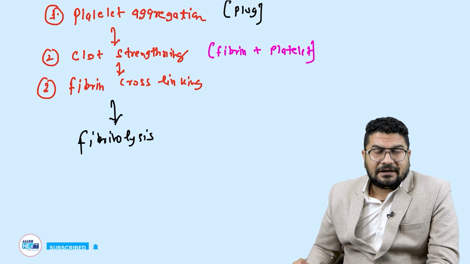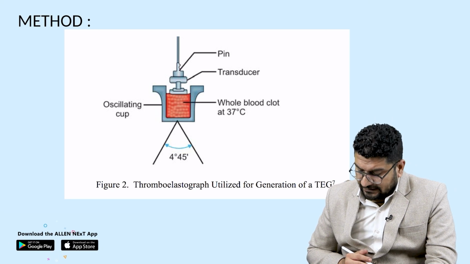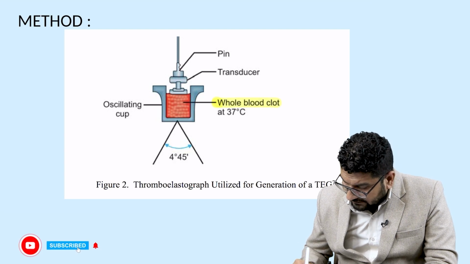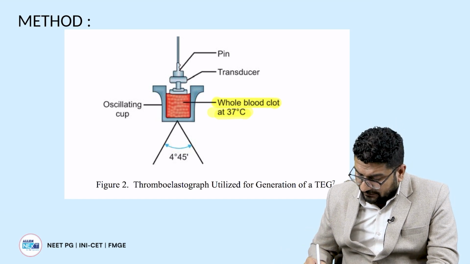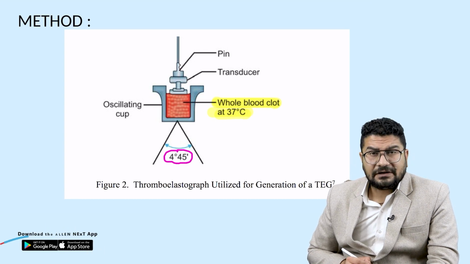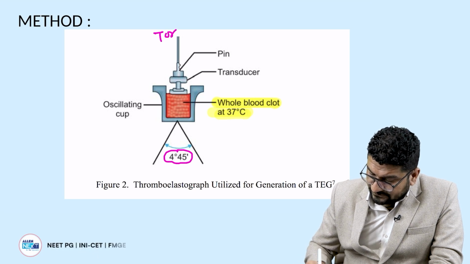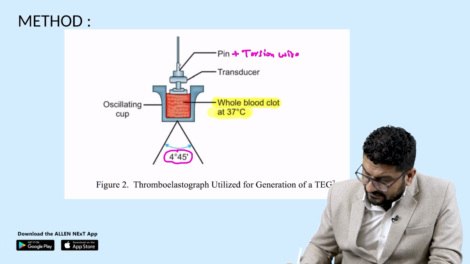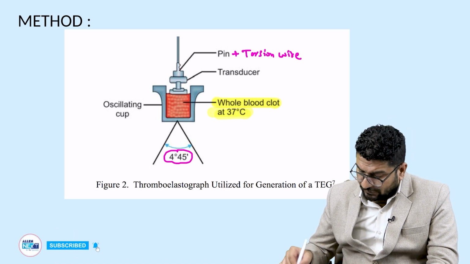So what you have to remember is what this technique is and how we perform it. So just try to understand this. In this technique, we take an oscillatory cup with whole blood, and we heat this at 37 degrees. Now you can see there is an oscillatory cup, which rotates at an angle of 4 to 45 degrees. And try to understand this. In this, we attach a torsion wire. So this pin with the torsion wire is attached, and ultimately you can notice that this cup will oscillate around this torsion pin,